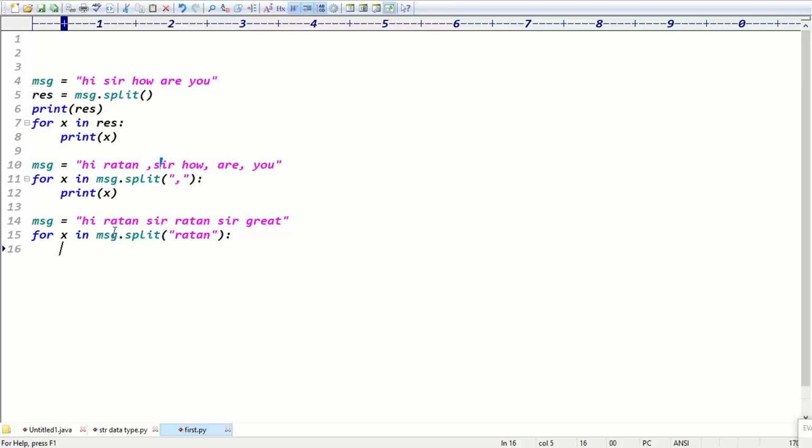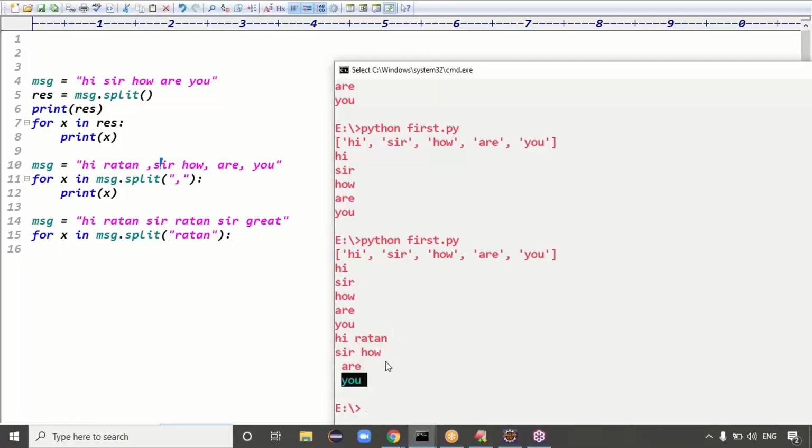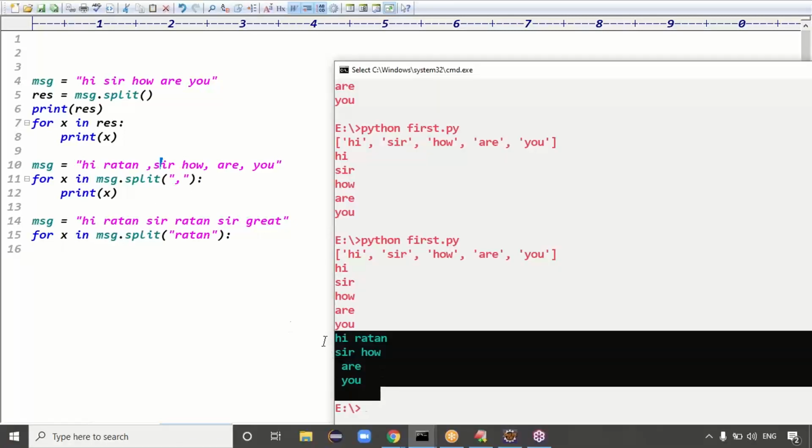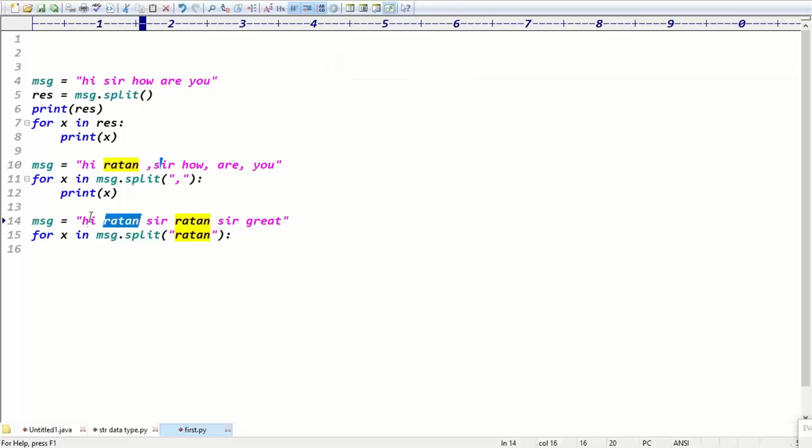Guys, do you get the splitting character in the output console? In the previous output also, did you get any splitting character? The splitting word you give won't come in the output, right? Now if you split the data using Ratan, you'll get hi sir, and sir great. Exactly, those are the x values, guys.